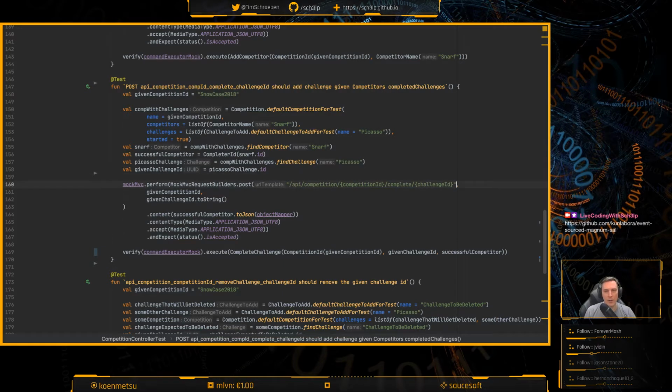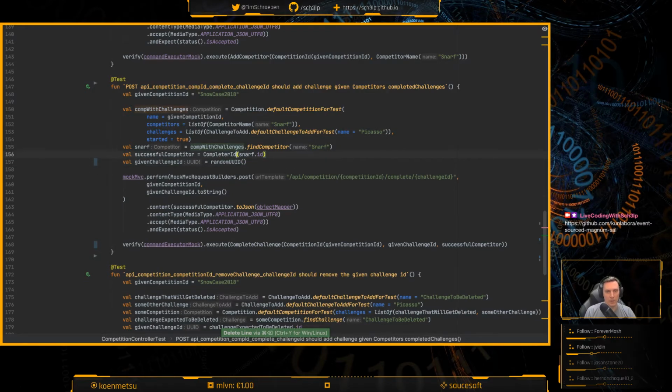Now let's dumb it down a little bit. So this competition ID, it can just remain. Then the given challenge ID, that's just this thing here. Really, what we need is just a random UUID here. Random UUID. There we go. We don't care about this thing anymore.